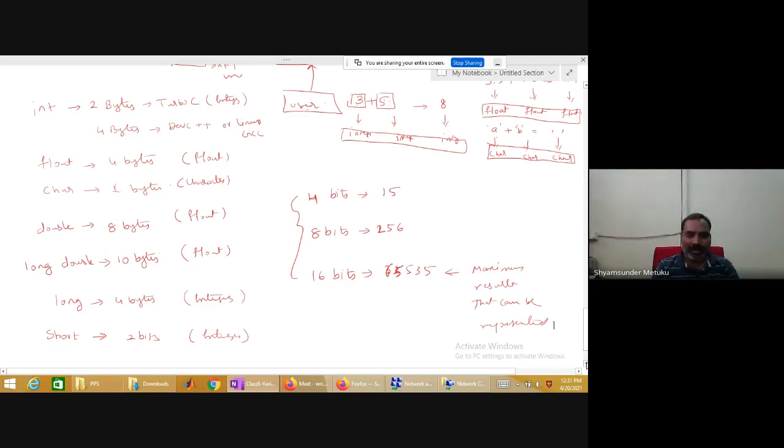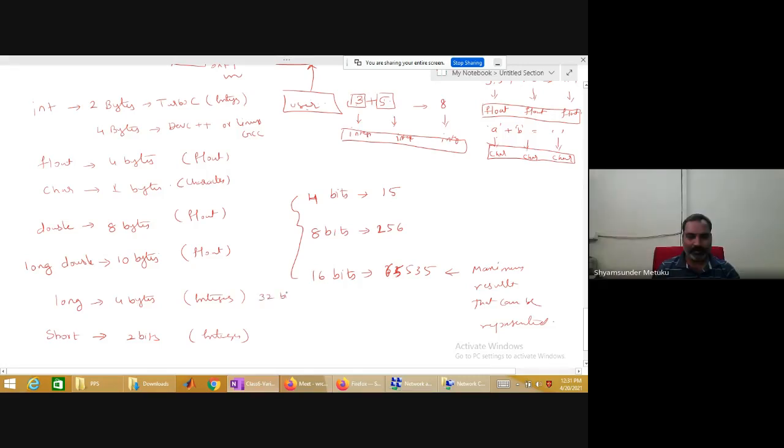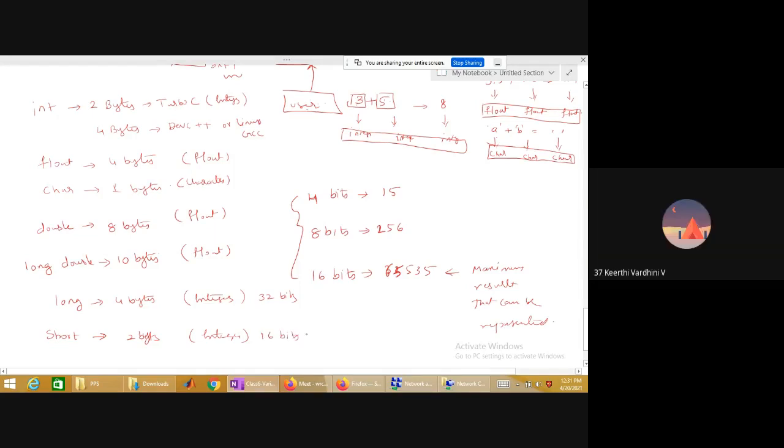Fine. So whatever I have written in the brackets, integer means 4 bytes, equal to how many bits? 32 bits. Very good. 2 bytes, 16 bits.